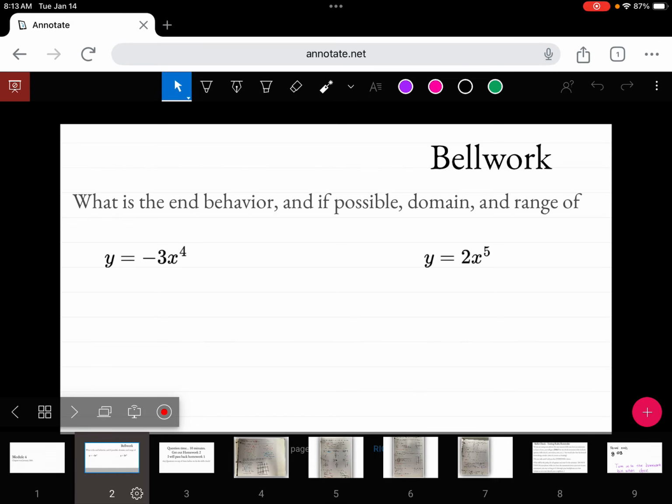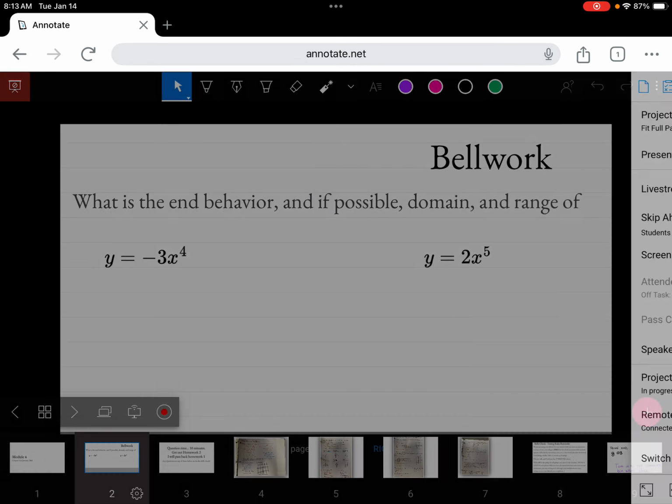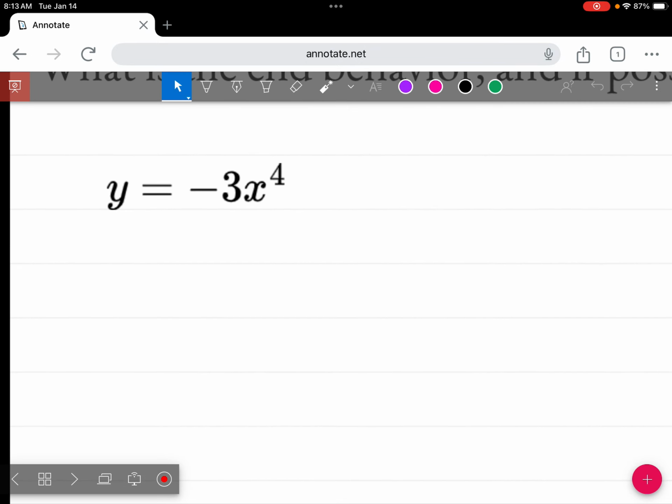All right, so let's see what we can do. Try and figure out this end behavior, domain and range if possible. What do we got? So on this first one over here,